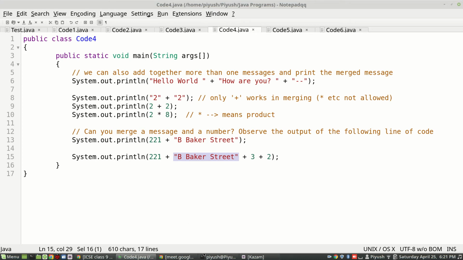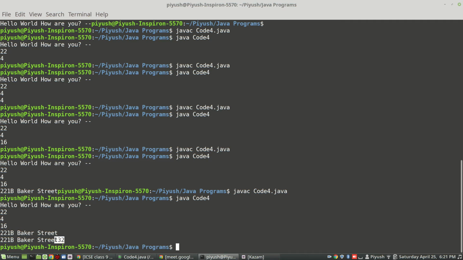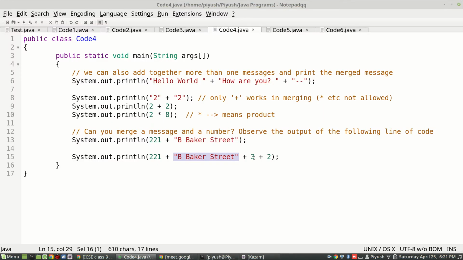You can see here now, 3 2. It's not in double quotes, right? Still, that is why I am showing you this behavior separately. In this special case, both numbers and messages are in a sequence separated by plus signs.